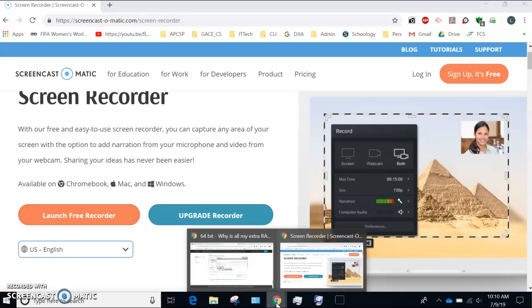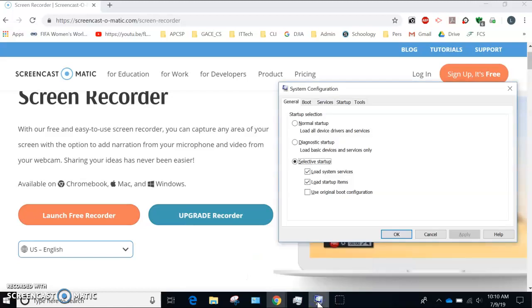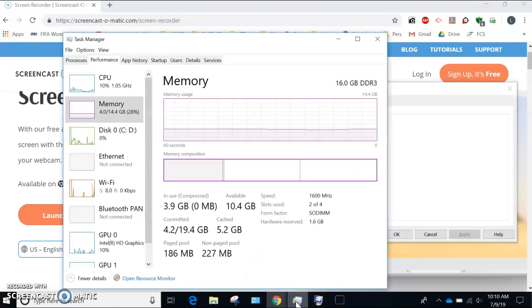Okay, I'm recording this because there are a lot of people who have problems with their memory on Windows 10, including me. If you look at this, you see hardware reserved 1.6 gigabytes. Just a few minutes ago that was about 14 gigabytes out of the 16 gigabytes I have on my computer. Now you can see over here I have available 10.5 gigabytes, and just a few minutes ago, before I made these changes, that was less than half a gigabyte,